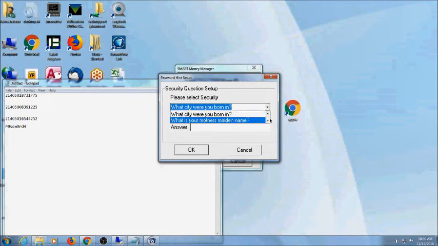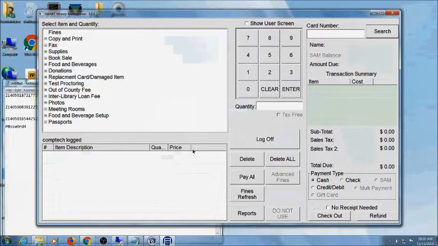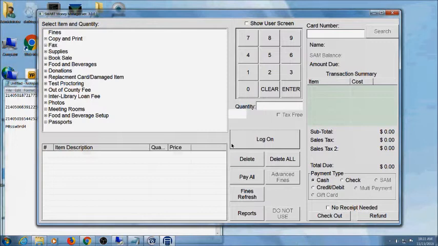Now, keep in mind, this is just the very first time that you sign in. You set your own password, and you set your security question. So you can choose from some predefined security questions. And once you've done that, you're successfully logged into Smart Money Manager. If you can see in the middle, it shows the user CompTech is logged in, and this big log on or log off button. Should I come in one day and get prompted to change my password, or if I forget my password,